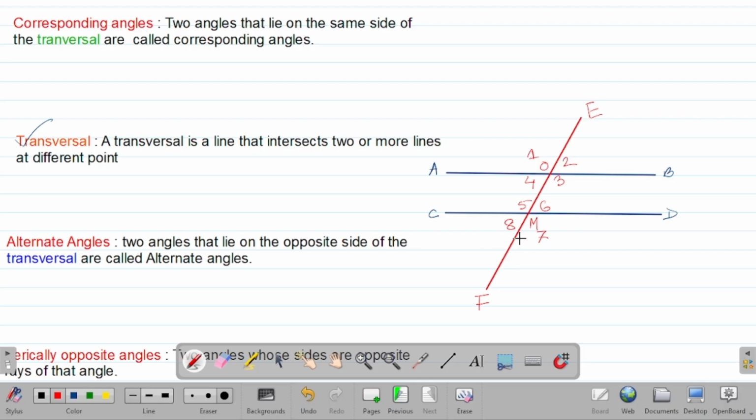Now it's time to relate the angles. First of all, alternate angles. Alternate angles are produced on opposite sides of the transversal EF. Here you can see that angle 1, that means angle AOE,